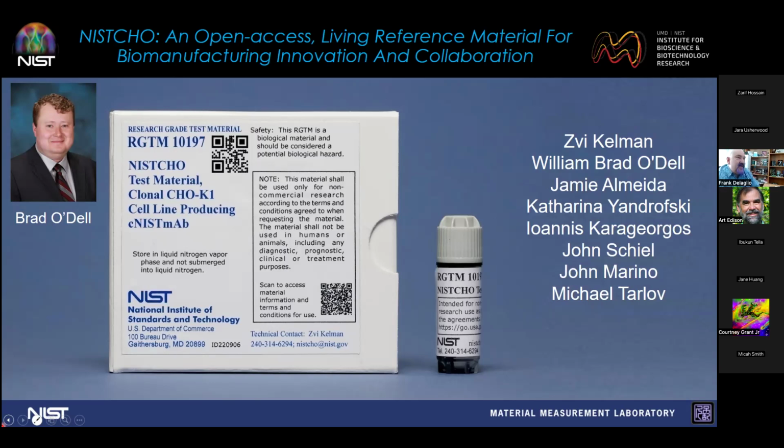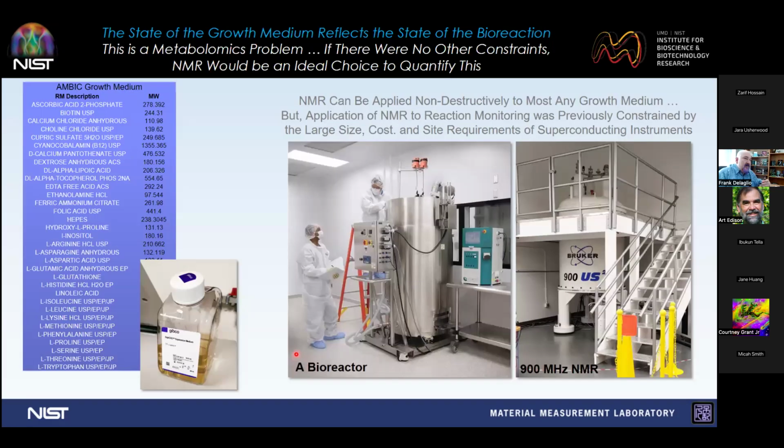And it's been engineered in the same way that a pharmaceutical company would engineer a cell line to maximize the amount of protein that it can produce. So this reference cell line was made specifically to mirror a realistic case for pharmaceutical manufacturing. And so now we have a test bed for what happens in a bioreactor during production of